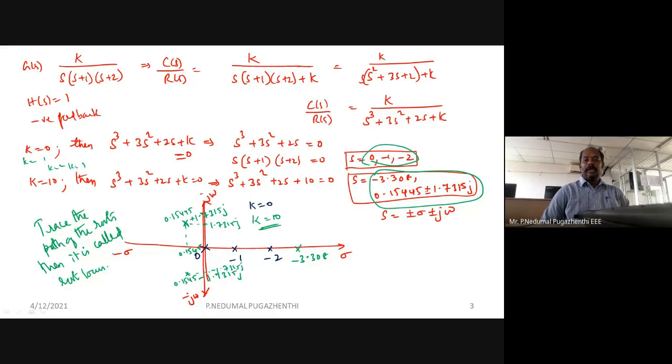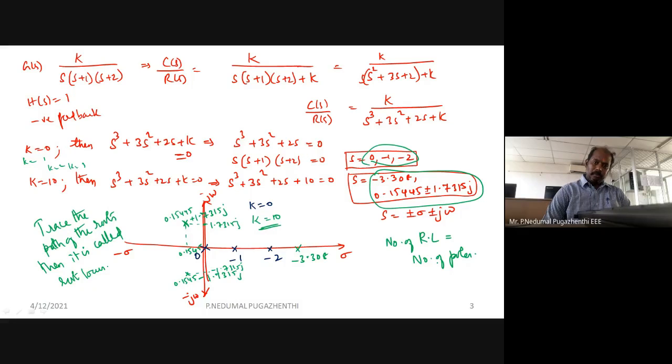If you vary your k value, then the locations of the roots are changing. If you are able to trace or follow the changes of the roots, the path taken by the roots, how it is traveling as k is varying, then the path is called a locus, a root locus actually, and the number of root locus branches will be equal to the number of poles. You know what is a pole? A pole is a root in the denominator of a transfer function.